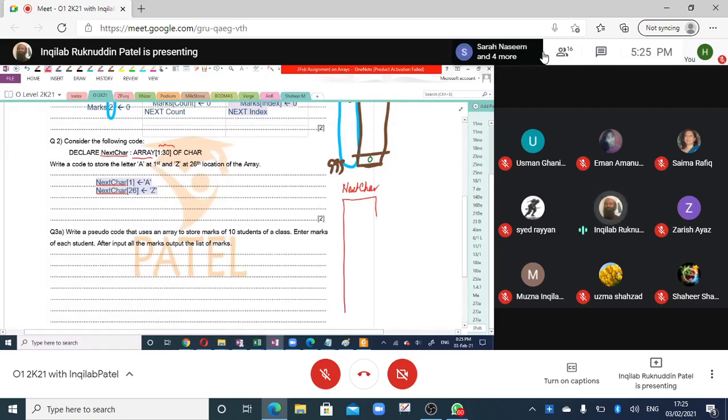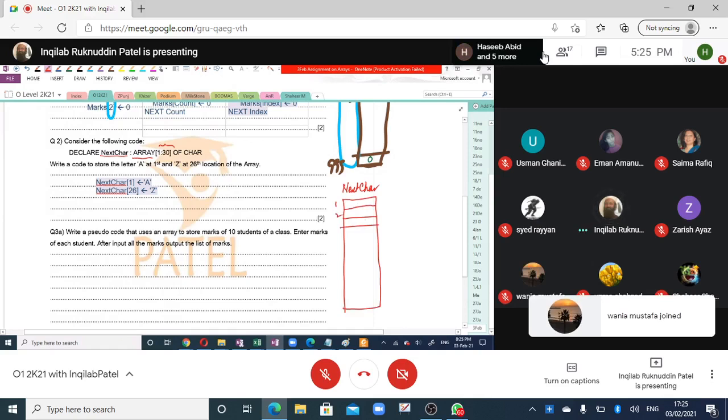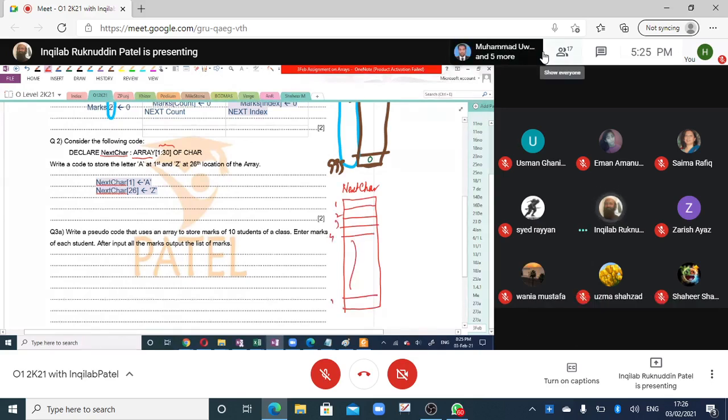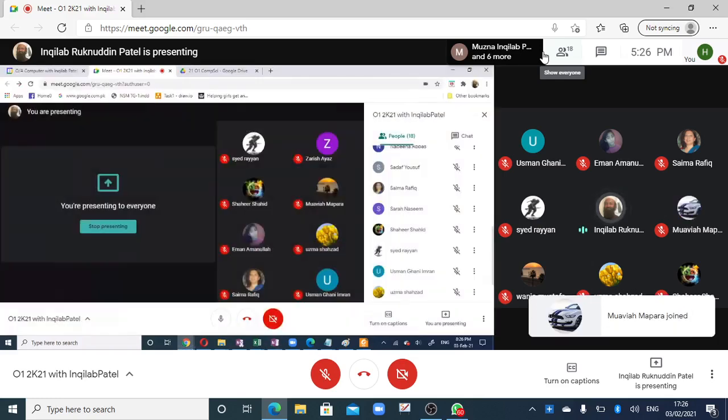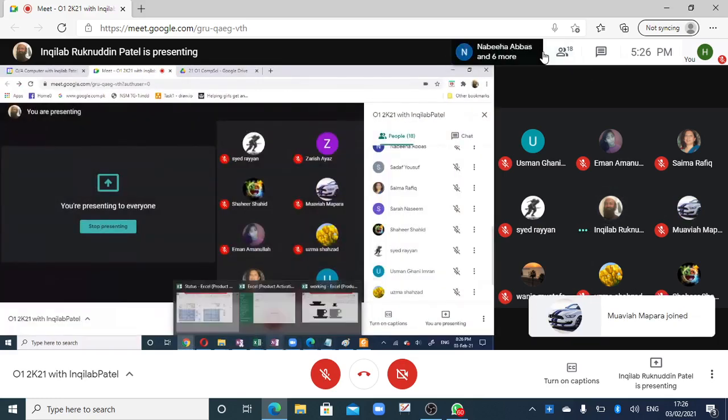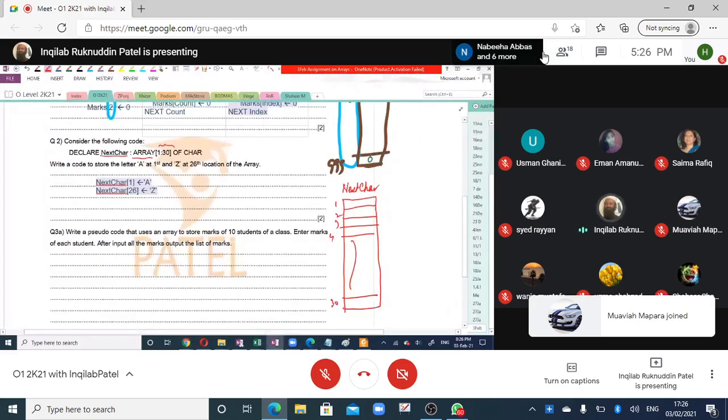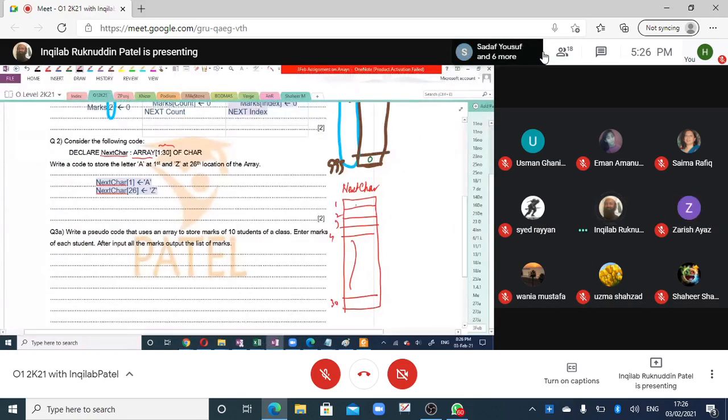So there will be 30 boxes. 1, 2, 3, 4, up to 30. And in each box, you can store a single character. In each box, you will store a character, right, beta? So you are going to write A over here and Z at the 26th location, right?